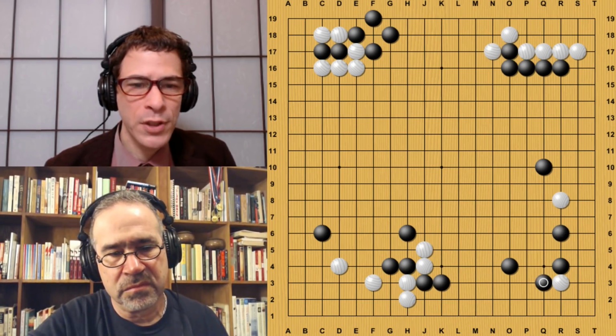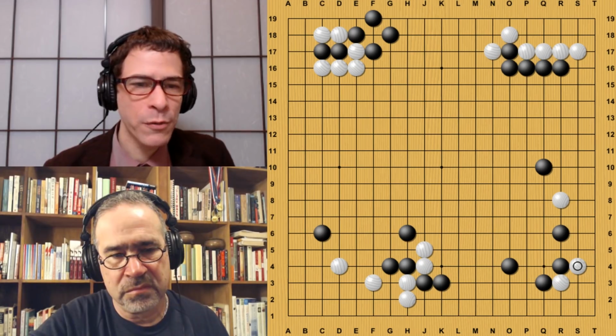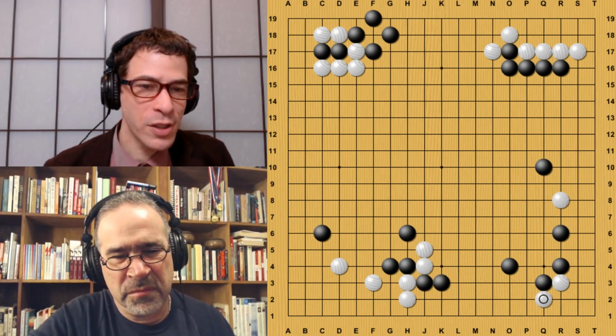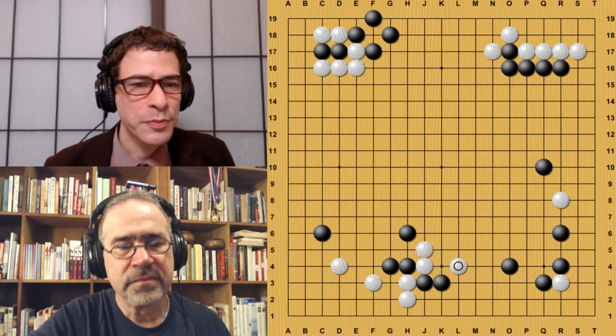And so black covers here. And as I was saying, it does leave the potential for white to be doing something like this later and maybe connecting up to the right side. Of course, white's not going to do that yet because white also has potential maybe to play a cut here or a hane here. Or the bad suji move that we actually saw in the game, which worked in a strange way. So white presses here,